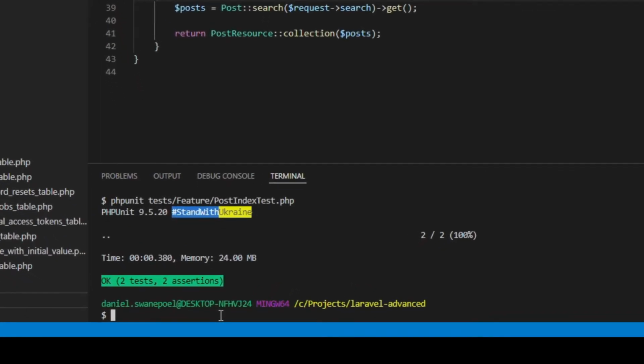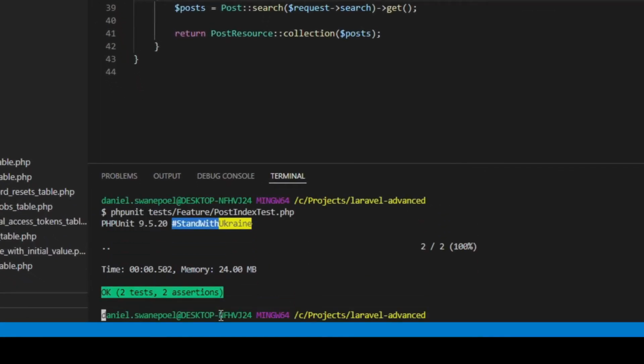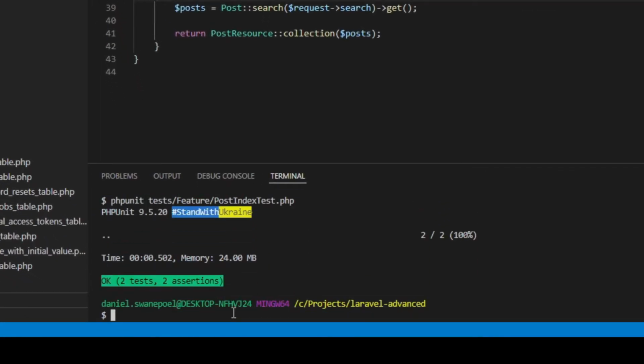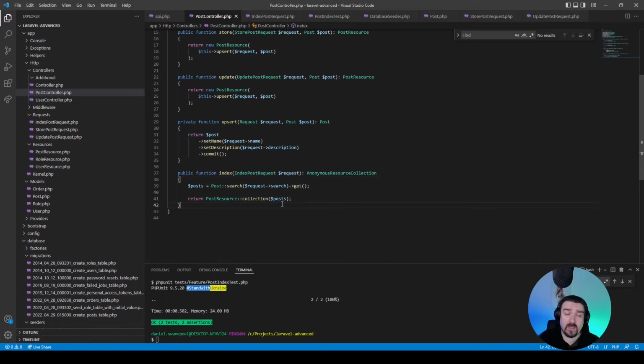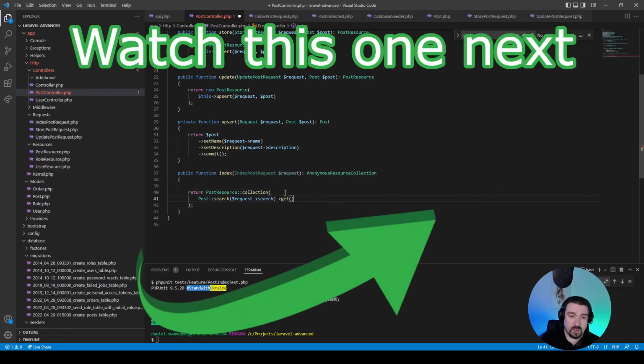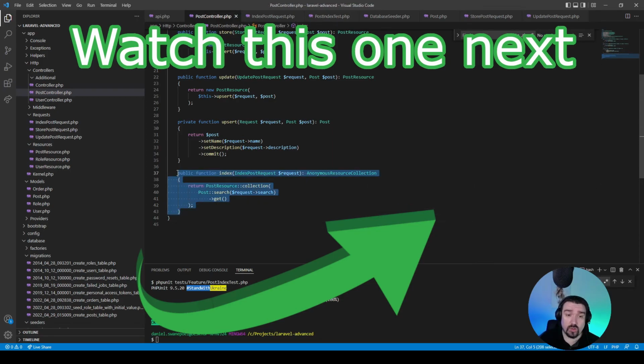And if we run PHPUnit again, we see everything is still green, which means that we've refactored our query scope successfully. Now, to clean up our index method a little bit more, we can take this query and instead of assigning it to a variable, we can pass it straight into the collection like this. And now, as you can see, our index method is a lot shorter, a lot cleaner, easier to read, and